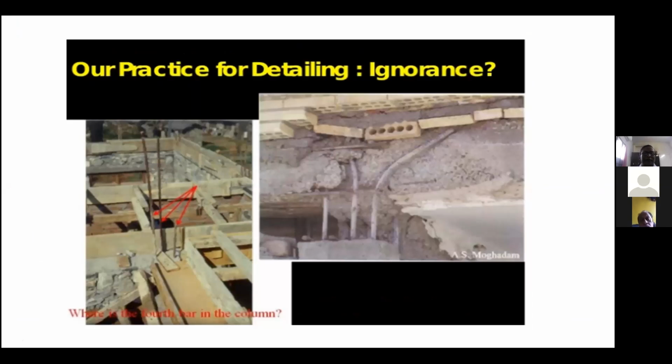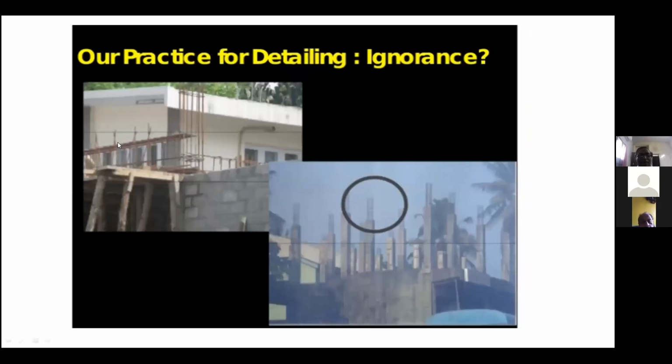Now if you look at this diagram, the beam bars are provided, this is a column bar, but they have not provided adequate anchorage length. The beam bar is not properly anchored into the column. Similarly, what happened when a church building was constructed in Tirunelveli? It's a long span church building. The beam length is very large, almost around 25 or 30 meter span. They have not properly anchored it, and then they did the concreting. While concreting itself, the formwork gave way, and the whole structure, the slab concreting, collapsed.